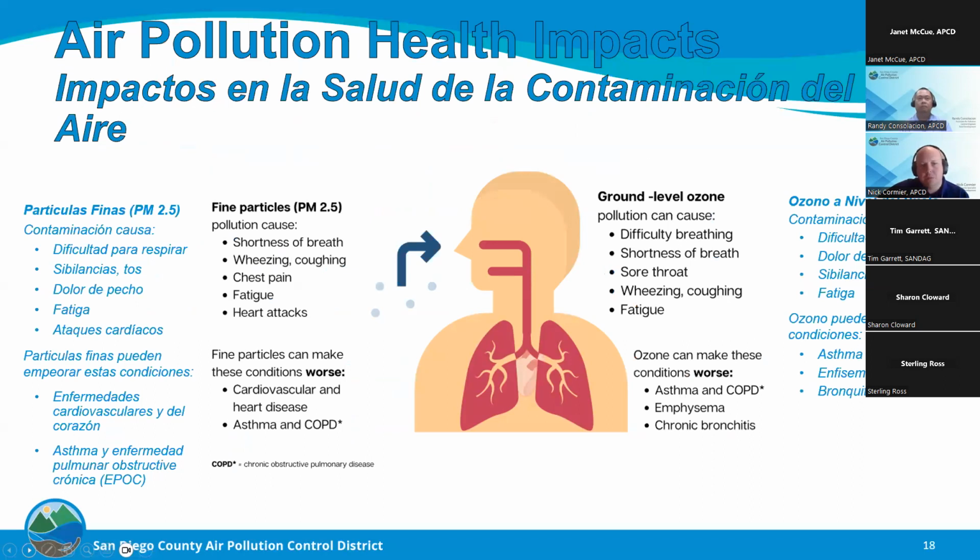Indirect sources of air pollution primarily emit two types of pollutants: NOx, which is a precursor to ground level ozone, and DPM. NOx and DPM are emitted from different types of sources, but most notably from mobile sources such as on-road and off-road vehicles. Elevated exposure to both pollutants can cause many respiratory and cardiovascular symptoms, the most common of which are listed on this slide and are a public health concern. Next slide, please.